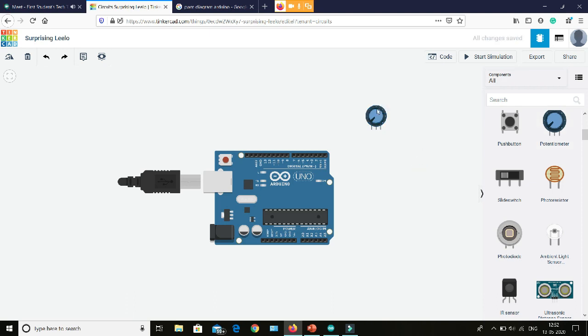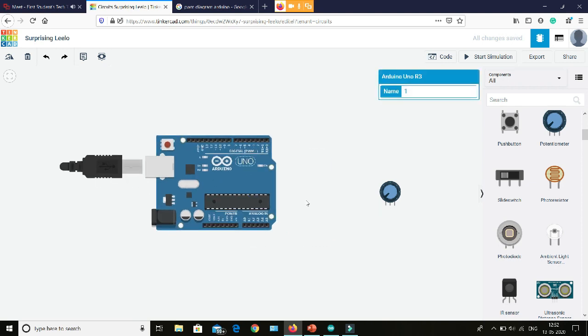Connect one leg of the potentiometer with 5 volts, one leg with ground, and the center leg, which is the variable pin, to any of the analog pins. I am using A4.